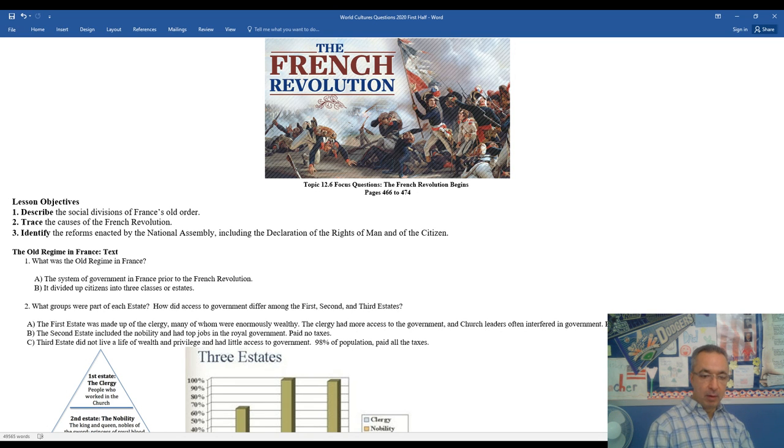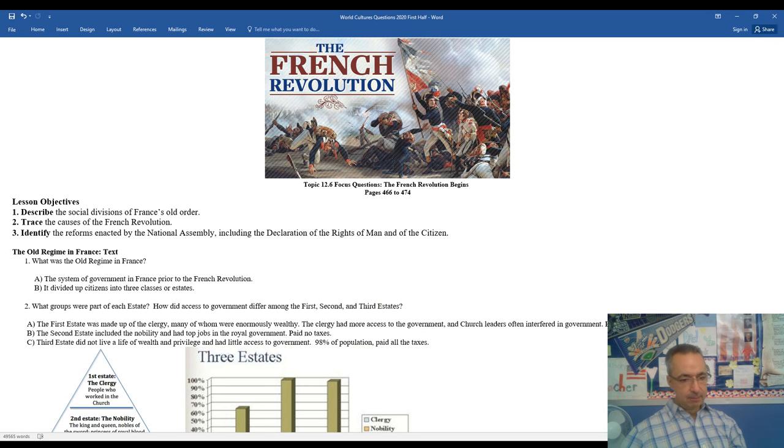As we move forward, we'll be learning about how France was divided for hundreds of years, the old order or the old regime in France as it was known. France was divided into three distinct classes, and we'll see the inherent unfairness amongst the classes. We'll look at the root causes of the French Revolution. We'll identify the major reforms that were enacted by the new National Assembly, including the Declaration of Rights of Man